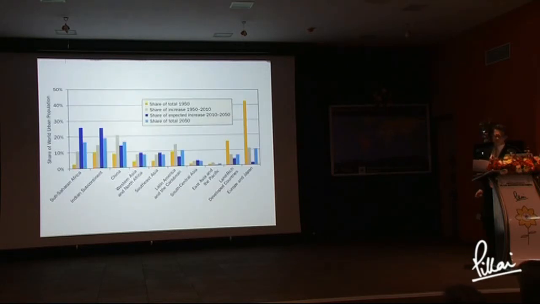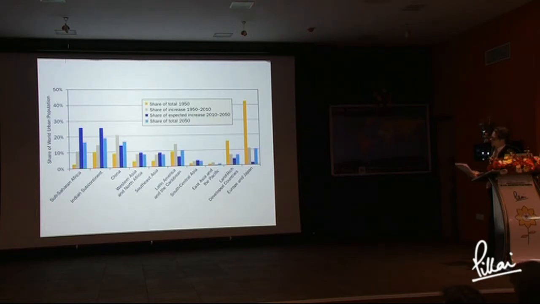In addition to this information about density, which is maybe a little bit thick, we also learned where the growth in cities is taking place around the world. As you can see here, historically most of the growth in cities has taken place in the land-rich developed countries, the United States, Canada, and Australia, and in Europe and Japan. But between 2010 and 2050, almost all of the growth will occur in sub-Saharan Africa, right?